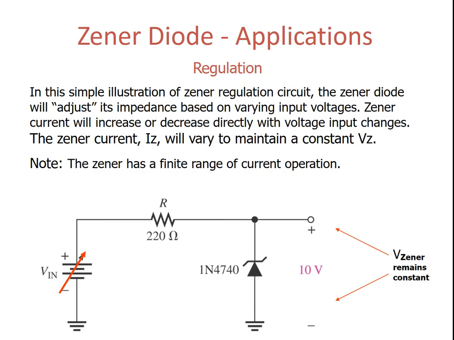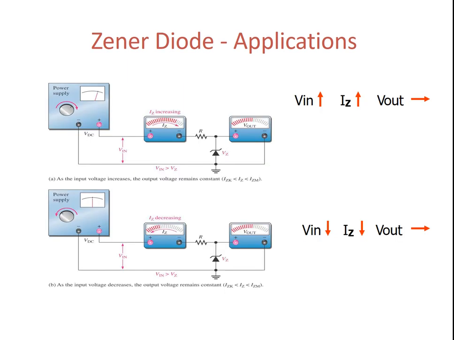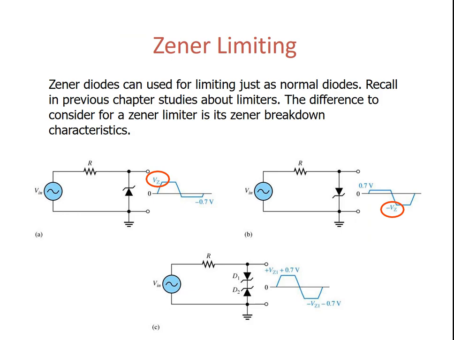For the application, as I explained earlier, one application is regulation. With constant voltage, we can regulate the output voltage. We will discuss this again during the live session with the practical actual circuit. This is the same thing, an explaining example. We will solve it during the live session.